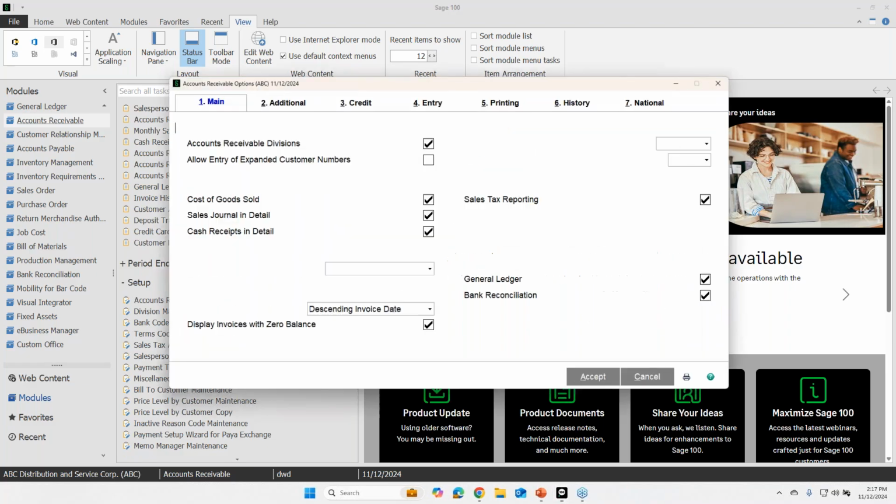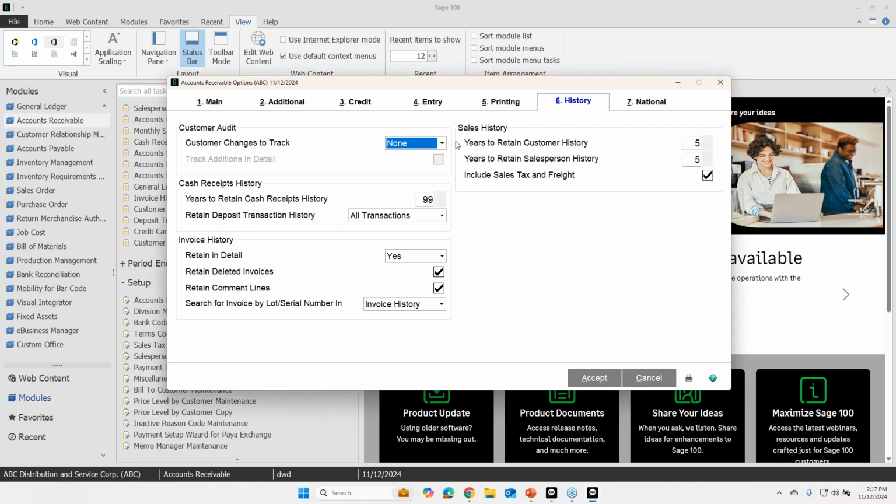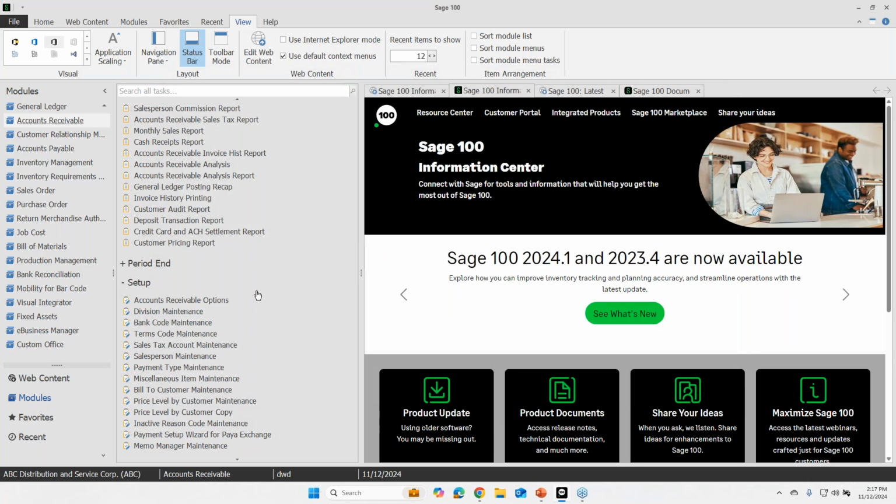Accounts receivable options, right? And so I have customer changes to track set to none, right? So perfect example of I should probably check my settings, right? So then I can say I want to do deletions, additions, changes, or just do everything. And then do I do it in detail? Yes, I do, right? So now with that on, right, if I come out here and I make a change